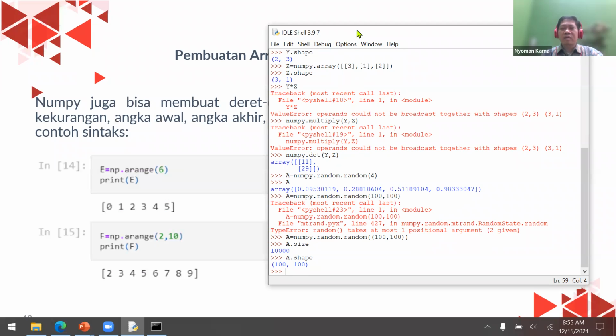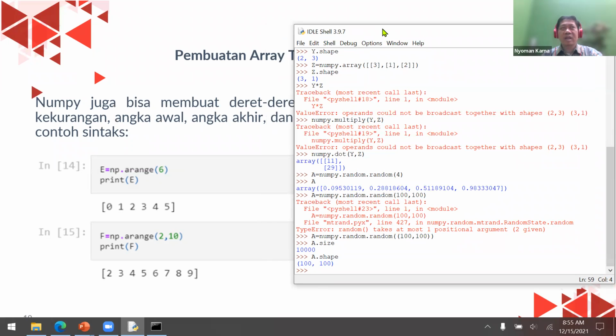Now, I can also use a similar function like range. Remember, we already discussed E is list of range 2, 10, 3.